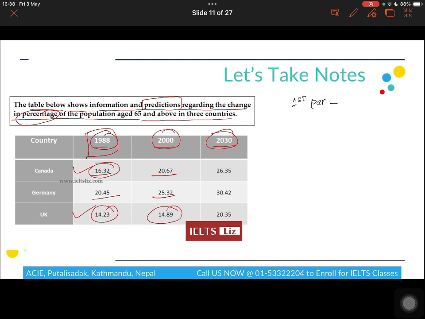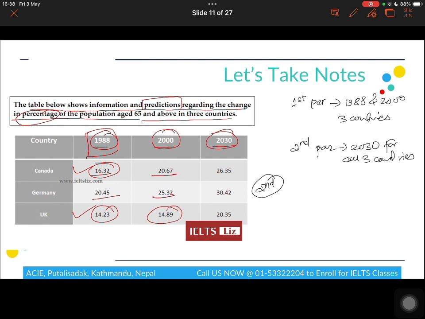You can talk about 1988 and 2000 for all three countries in the first paragraph, and in the second paragraph we can talk about the data points for 2030 for all three countries, right? This is one way of doing it, and the second way would be to talk about Canada and Germany